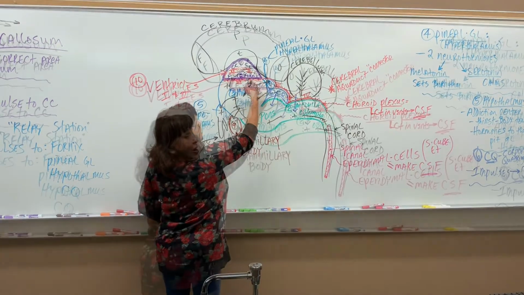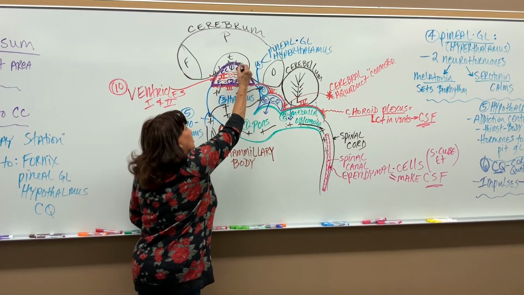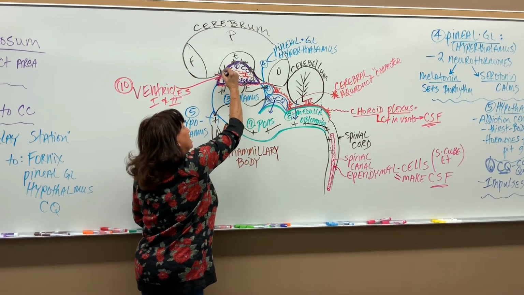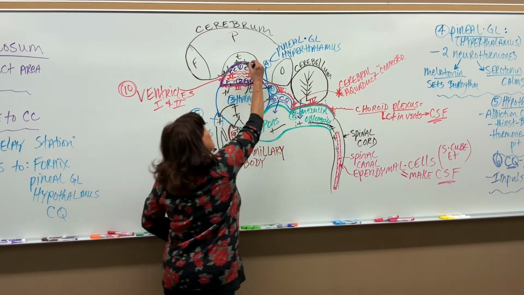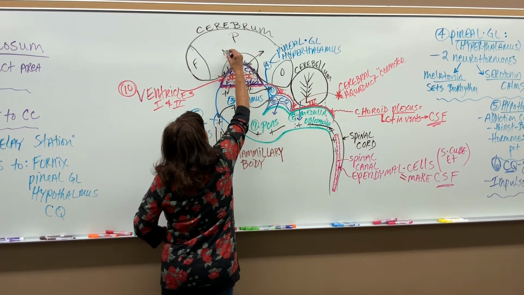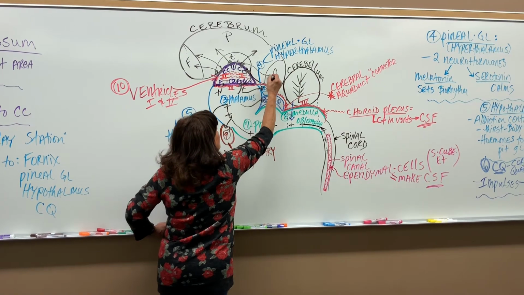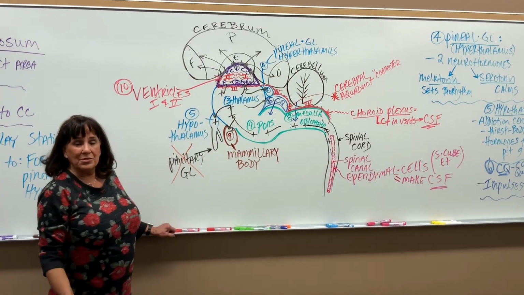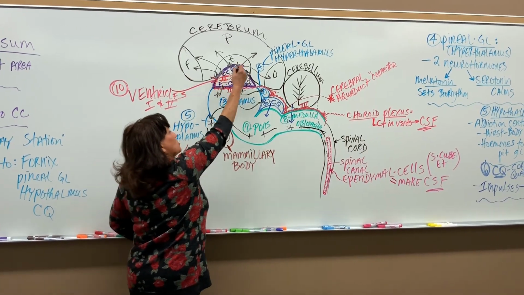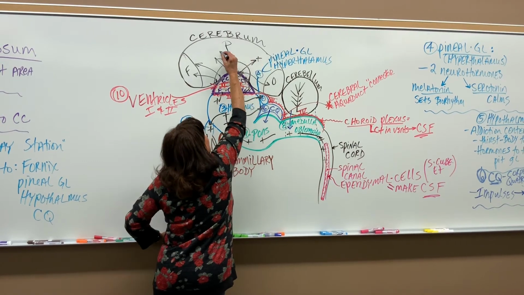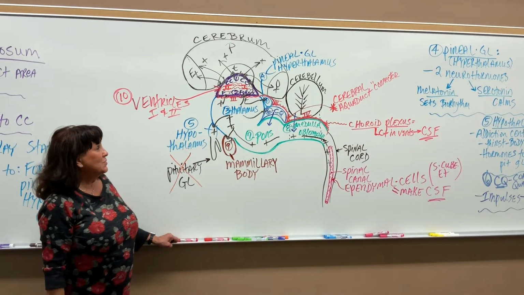From the fornix then, the electricity is gonna go up here to the corpus callosum, okay, the CC. It's gonna go over the top, right here, the little hill, and the CC is gonna send the electricity into the correct area wherever it needs to go to be interpreted and stored by the cerebrum, okay? So the CC is crucial right here, that arch right there. It's gonna send the electricity to wherever it needs to go so that your information can be processed and stored,